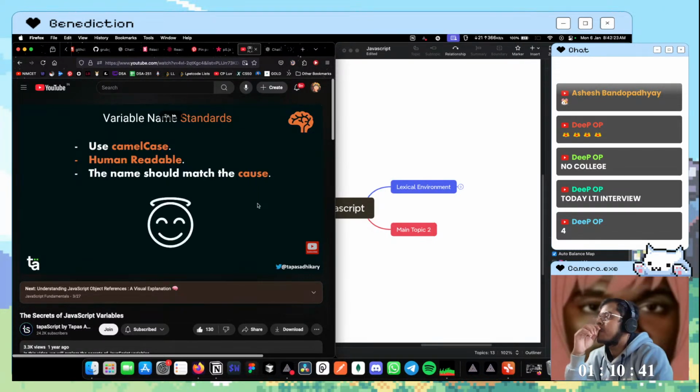And the other thing is that never ever name your variable like I, J, K, A, B, C, D, things like that. Because this is very confusing when somebody is reviewing your code. They won't be able to gauge what A, B, or C is meant for unless they read through the entire logic. But if the variable name is human readable, if it is matching the cause, just by looking at the variable, they might guess what you're going to do with this variable and what kind of impact the variable is having in your logic.